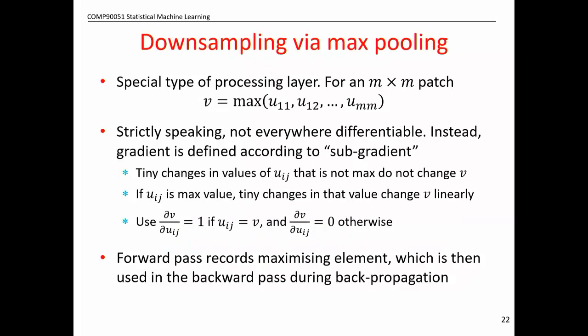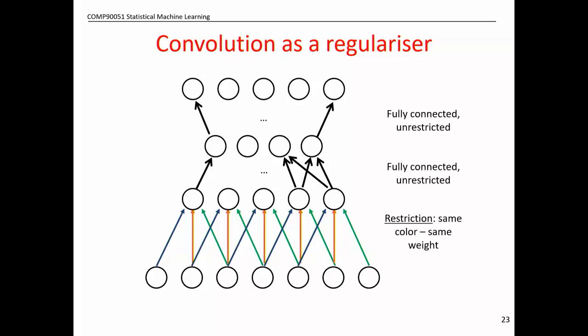Okay. And I haven't said why that's the derivative. Okay. So that's another useful layer in convolution. It reduces parameters because we end up with a smaller dimension layer after doing it, so we don't have as many parameters. So it's a form of regularization, max pooling, and I'll talk about convolution in a sec about this.